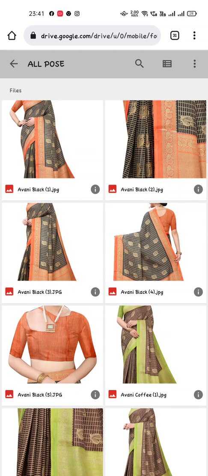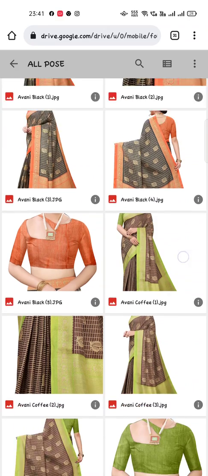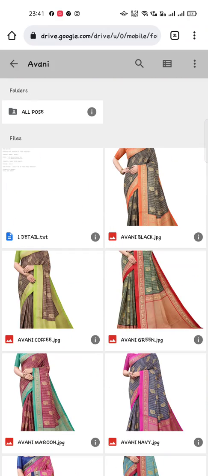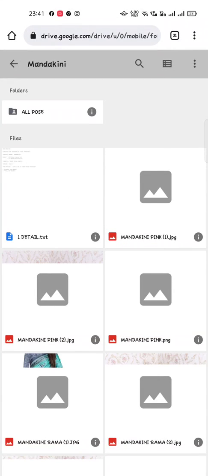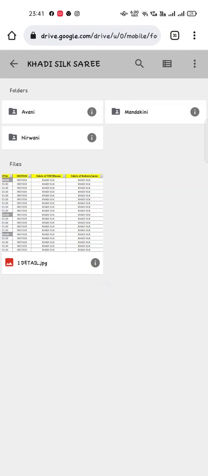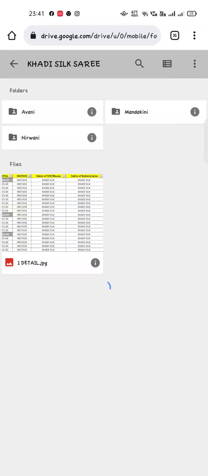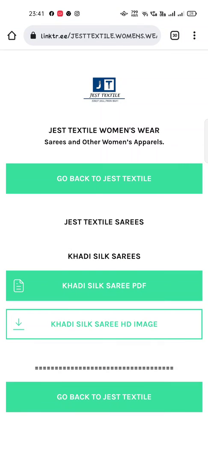All of those you can download for online selling, like Flipkart, Meesho, for those who are doing it. Here also the same thing. Go back to Just Textile.